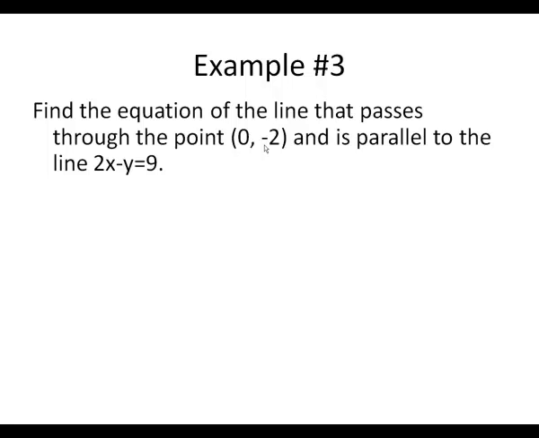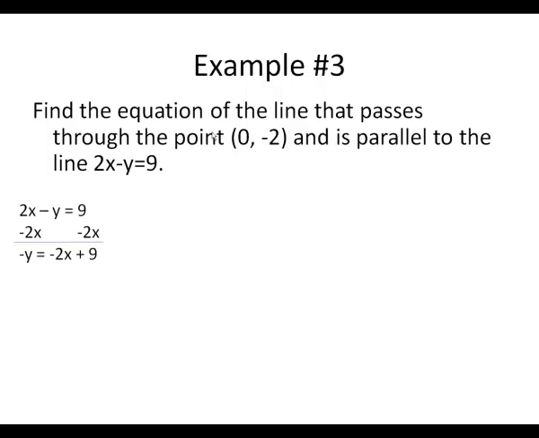So to figure out the slope, our very first task is to take this line 2x minus y equals 9 and put it in slope-intercept form. And to do that, we need to solve it for y. So we've got our 2x minus y equals 9. To solve that equation for y, I need to subtract that 2x over to the right-hand side, and we get